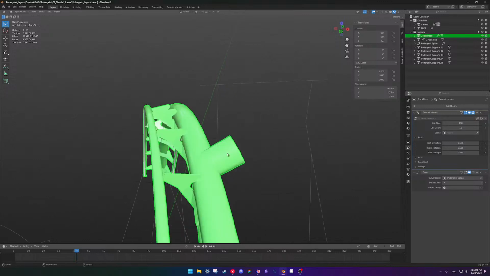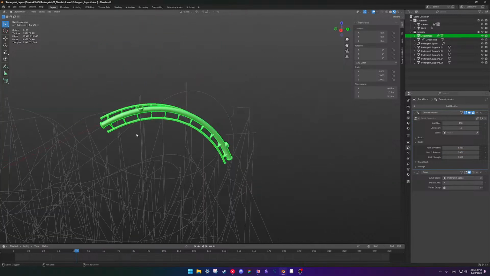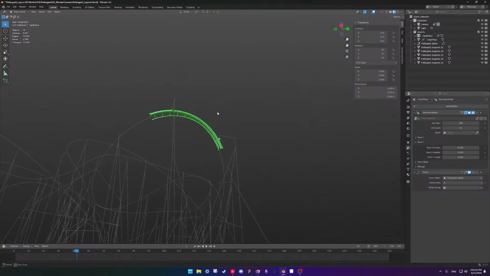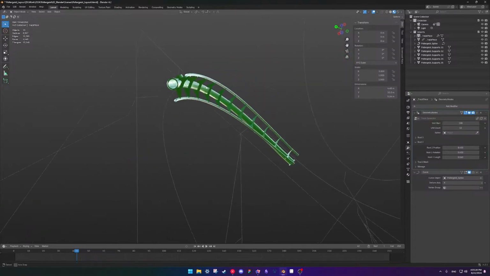So now, if that's where that track would go, that would be like the perfect track.